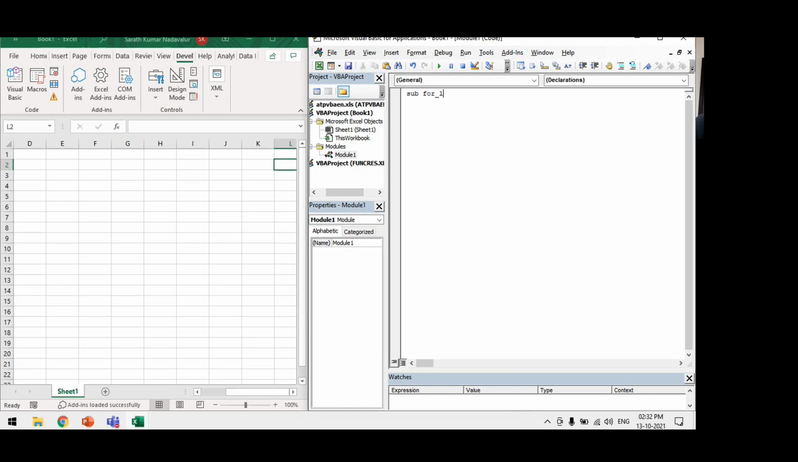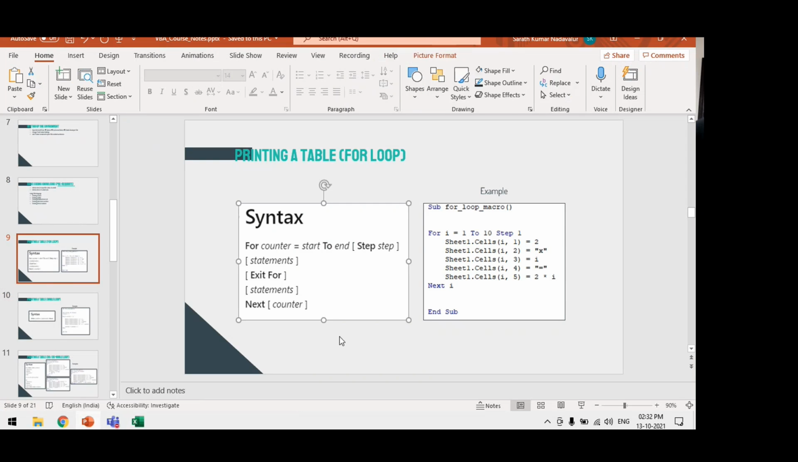So Sub for loop, empty brackets, enter. What happens is it will automatically insert the End Sub option. Let's have some gap in between these two. This is where we write the code. So I will just go with For I = 1 To 10. So how the for loop works is,